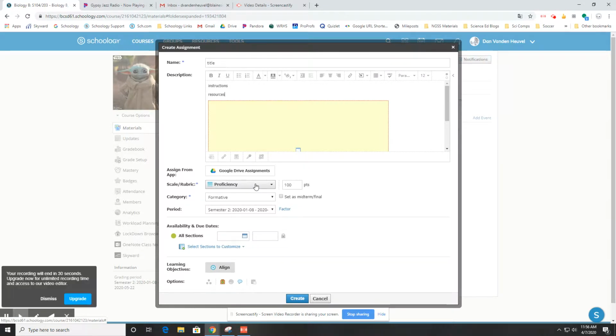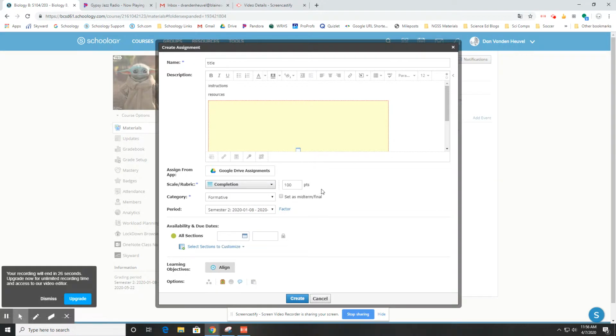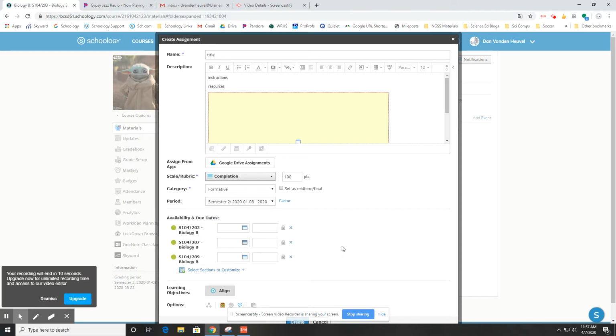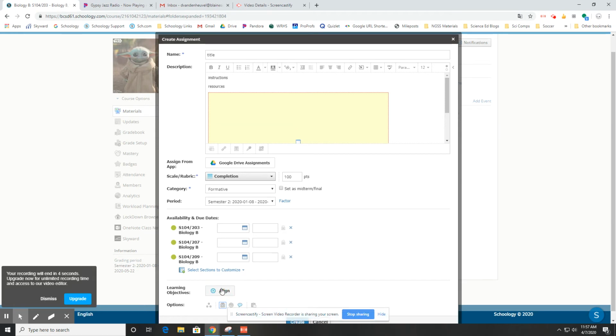Under scale or rubric, it works the same as before. There is a completion scale. So if you're just marking whether students completed something or not, the completion scale can be really helpful. And then, again, make sure that you set some kind of due date, depending on whether they're odd or even numbered classes. If you have classes on different days, you can select sections to customize, and that allows you to set a due date for each section individually. Lastly, really important to disable submissions if they're not submitting the thing on